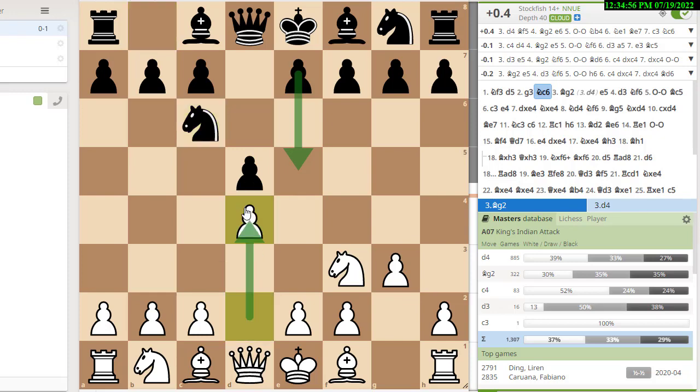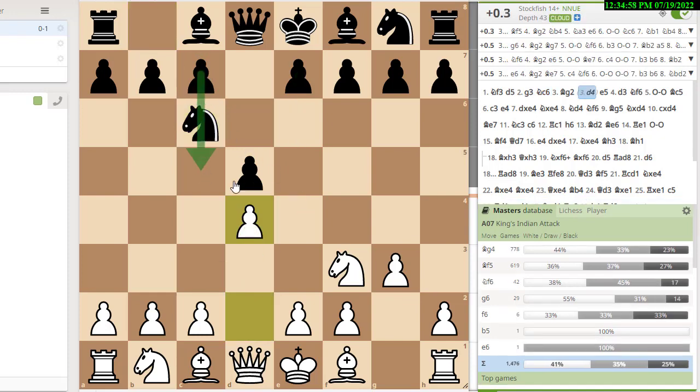Why does that punish black? Because black's break move c5 is not readily available here, and his other break move e5 is not safe because white's got two pieces on it and black only has one. And by playing d4, even though that's not the normal move in the King's Indian attack, white can get a nice little advantage in the opening